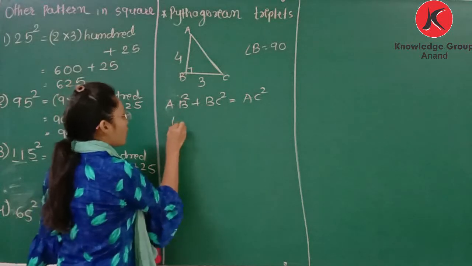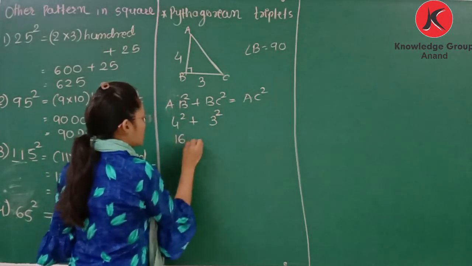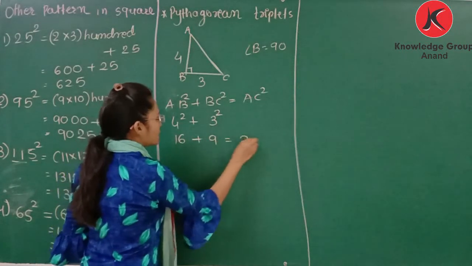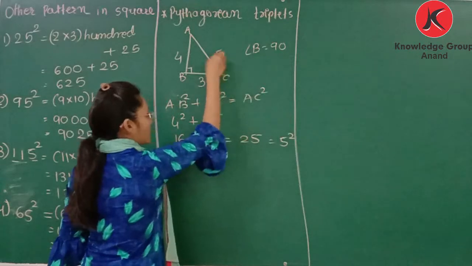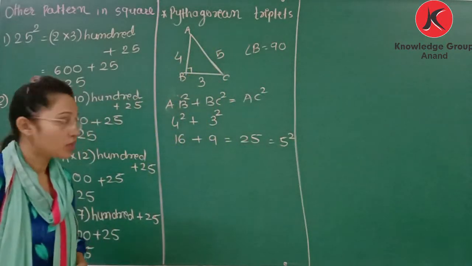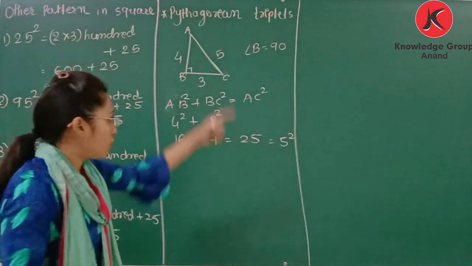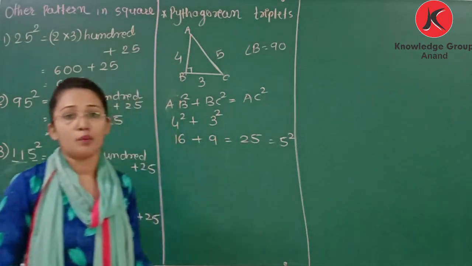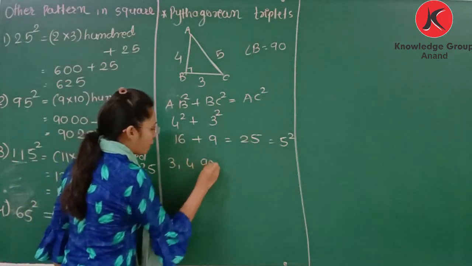That is AB square is 4 square, BC square is 3 square. 16 plus 9, that is 25, so it is 5 square. So AC is what? AC square is 5 square, so AC will be 5. Using this concept, we can find the Pythagorean triplet, that is 3, 4 and 5